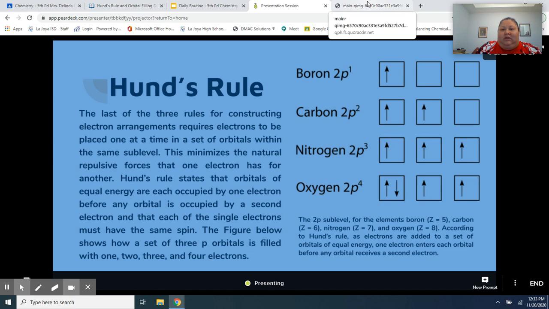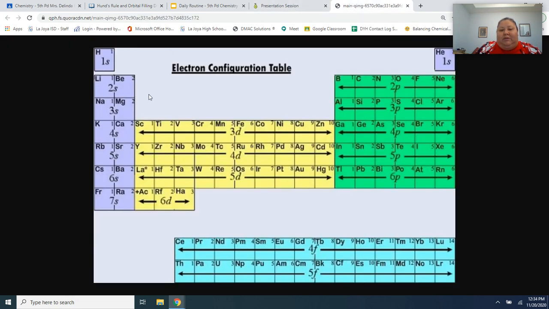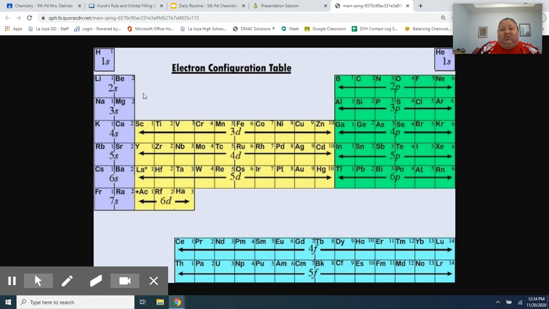And I'm going to go out of Pear Deck real quick. If you go to this, you remember, you have a periodic table that shows these electrons, right? If you're talking about beryllium, it says that there are 2 electrons, but you're in the 1s orbital, so you don't really care. But once you get to that 2p orbital, the 3p orbital, you have more than 1 orbital. In the case of aluminum, you just have 1 electron, so you're only going to put it in the first one. But if you're talking about chlorine,